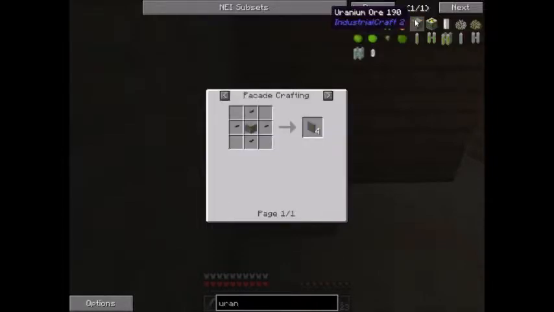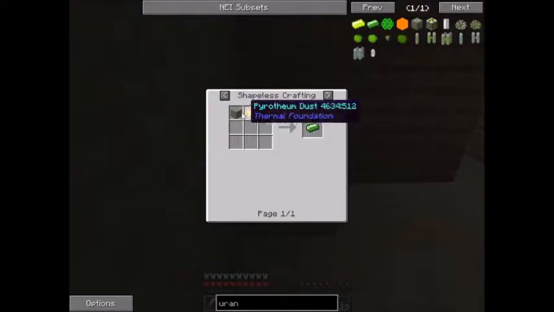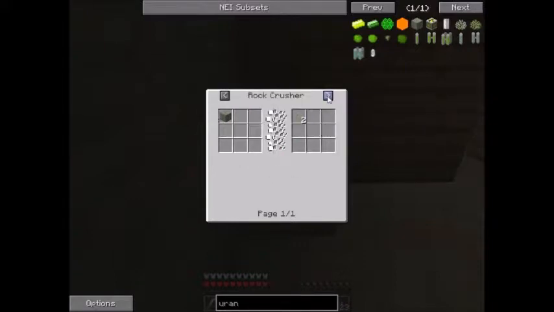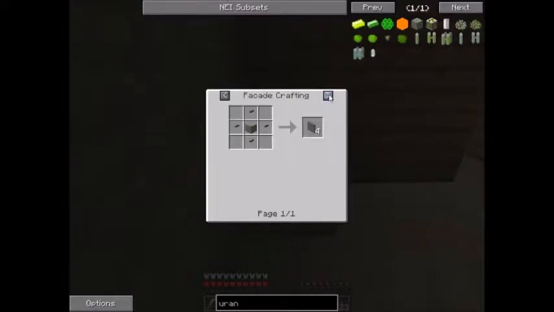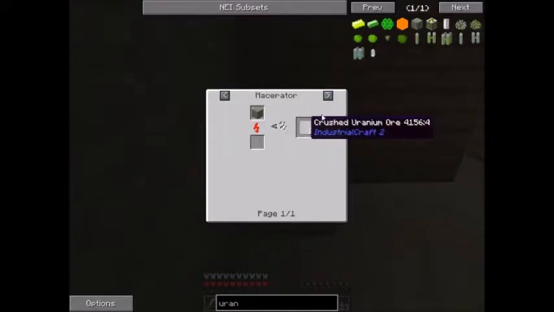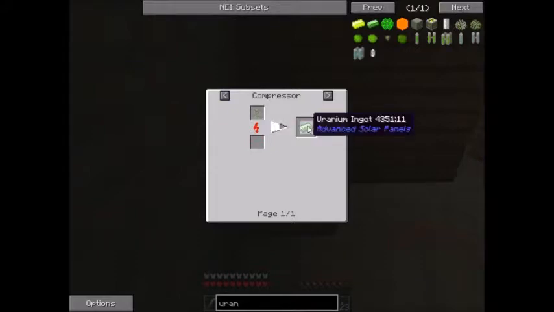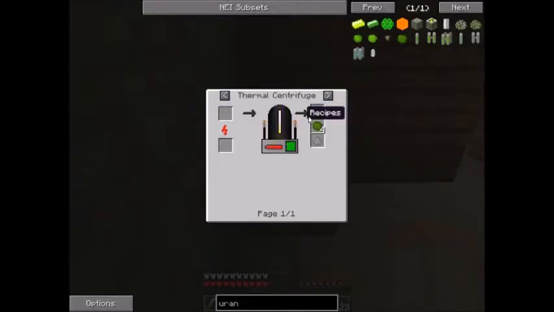This thing. If we look at how you can produce it, you can produce an ingot. You can crush it down, make these. Compressor. So what can we do with the crushed? Compress them into those. But that's uranium ingot, which isn't what we want. So we have a tiny pile of uranium-235. If we run it through the thermal centrifuge,